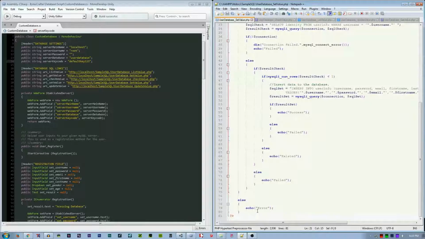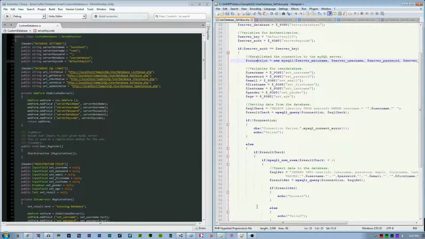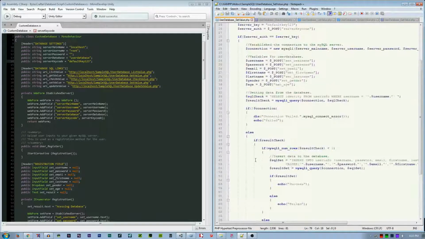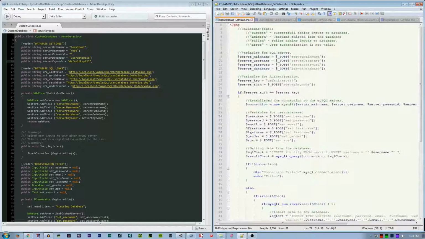If not, it's an error. It means there is a problem with the authentication key, and it will return a callback called error. By the way, echo in Unity is like Debug.Log. It returns a string. That's why I made a simple error debug, and I will just digest it in the C# script.